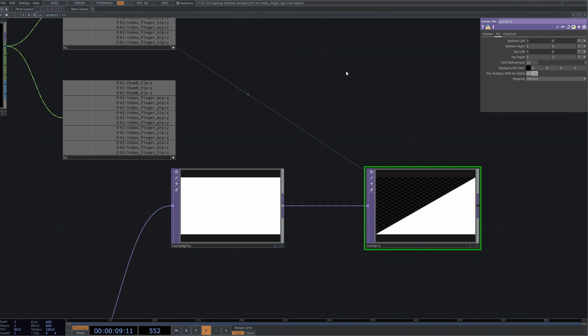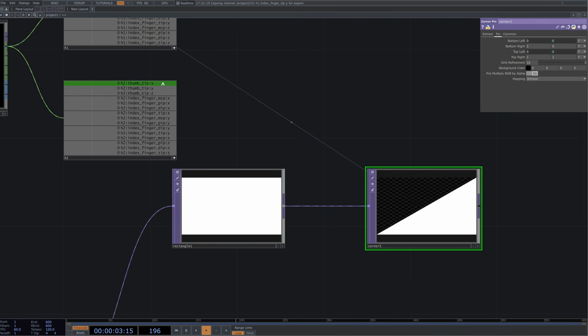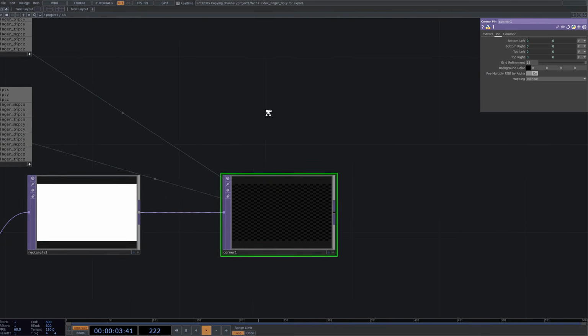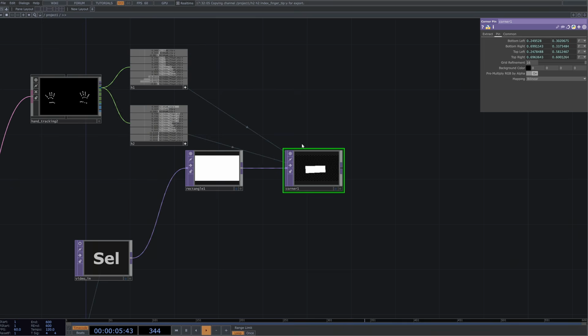But yeah, you can literally now do the same for hand 2 with the bottom left and bottom right. So we can hover over the number 2, make sure we have this one selected, drop X into there and click reference, find Y, drop that reference, and then H2 finger, index finger tip X, and then index finger tip Y. And then boom, let's hold up both our hands, and you can see